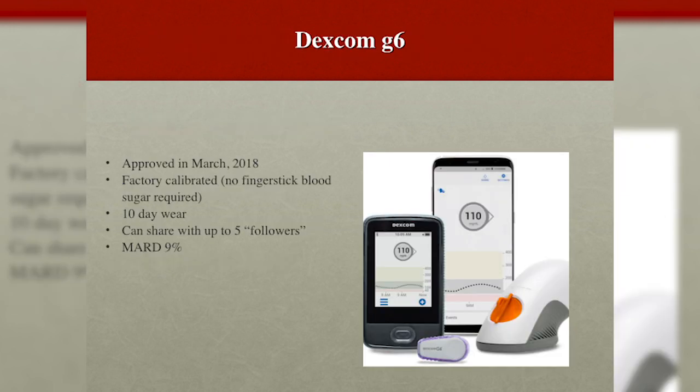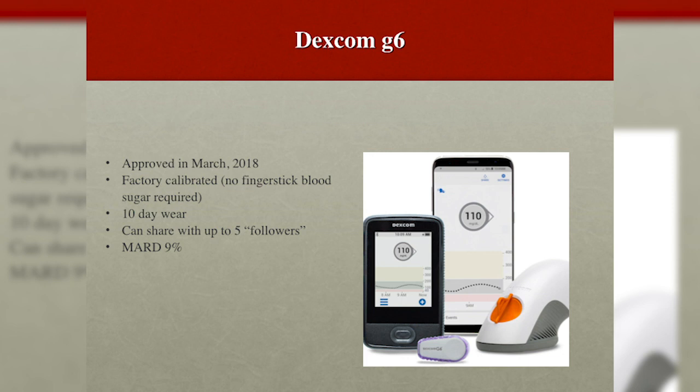So the G6, the newer version of Dexcom, was approved just this year in March 2018. That one is factory calibrated, finger sticks are not required. It has a receiver, so you can see blood sugars on the receiver.